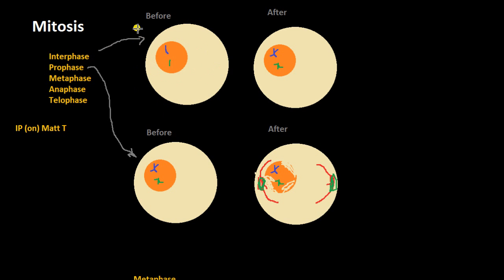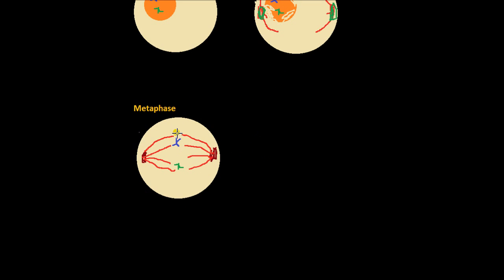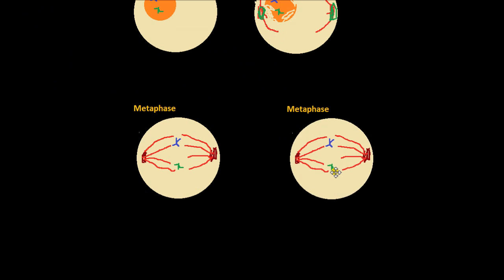And let's do a quick review. So interphase. Before interphase happens, we have a cell with 23 chromosomes; after it copied each of its chromosomes identically, it has 23 chromosomes made of 2 chromatids. Prophase: the nucleus is starting to dissolve, the centrioles and the spindle fibers are beginning to form. Metaphase: the nucleus is completely gone, the chromosomes, all 23 of them, line up at the center of the cell. The centrioles and spindle fibers are beginning to attach to the 23 chromosomes. Let's move on to